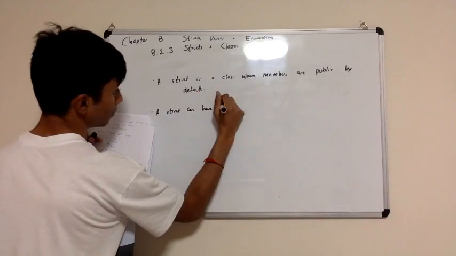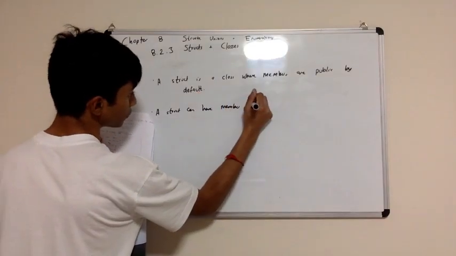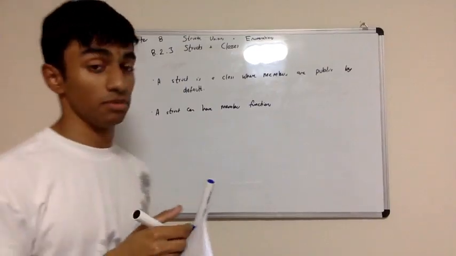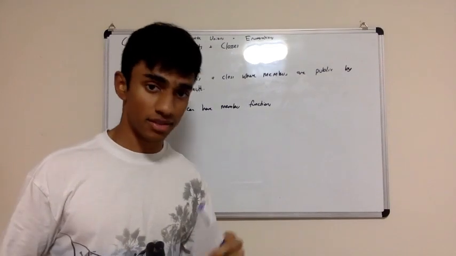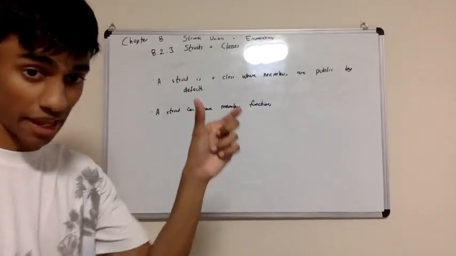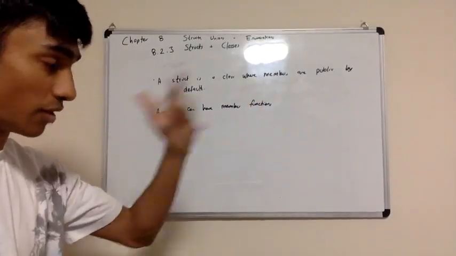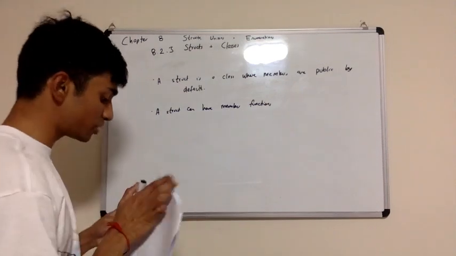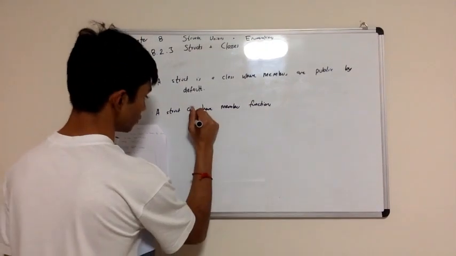can have member functions. So far when we've been making members, I've been making elements all the time, right? Int x, short y, bool likes cats or whatever. Those have all been elements, right? Variables of a particular type. But we can also have functions associated with a struct. Specifically, or including